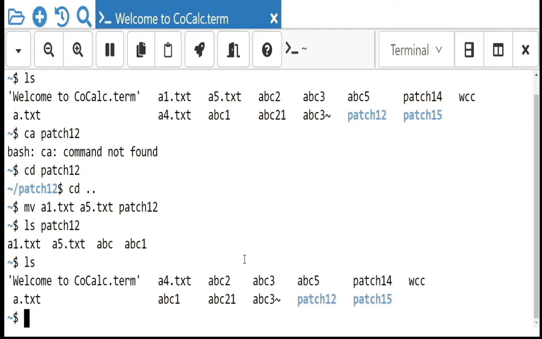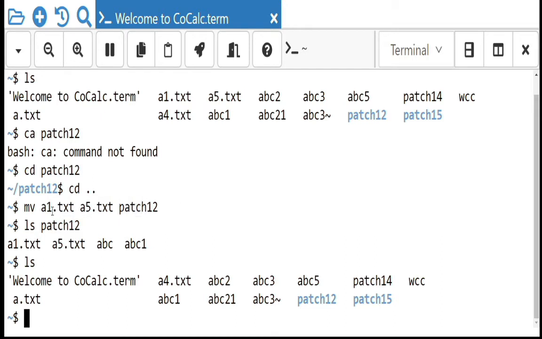You can ask what is the difference between move and copy. The copy command copies the contents from one file to another, while moving just moves the complete file from the source path to the destination.